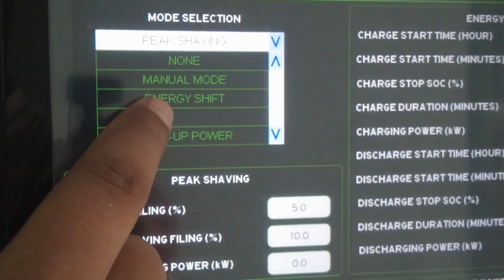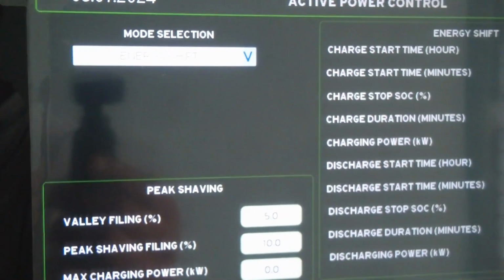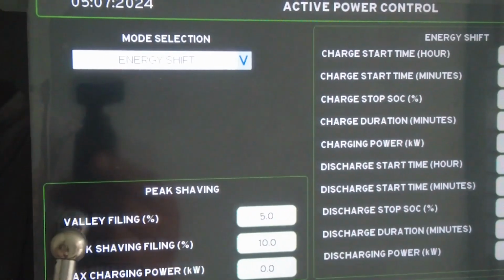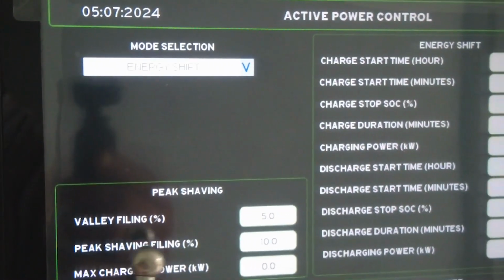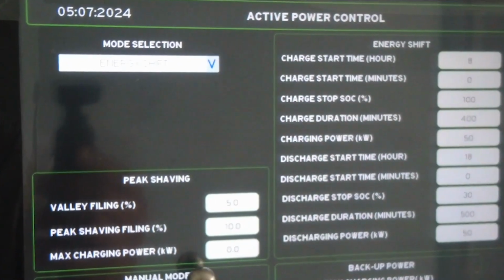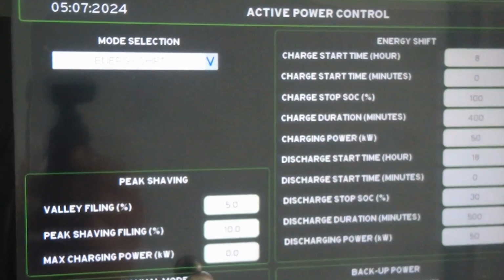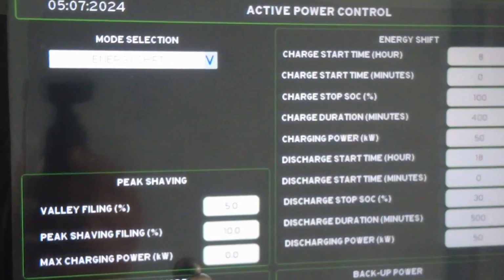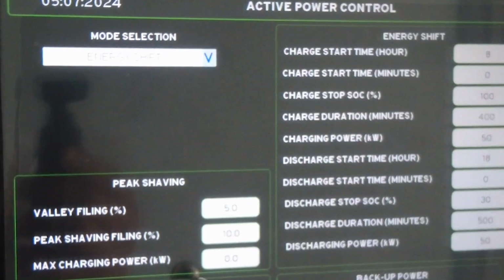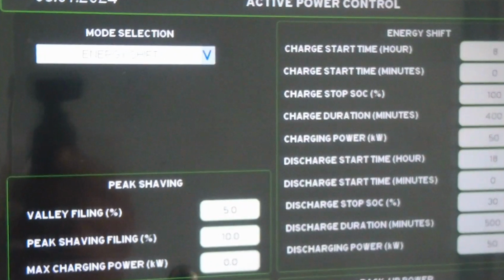The HMI screen shows settings for managing peak saving and manual mode. Peak saving includes valley filling and peak saving filling percentages set at 5.0% and 100% respectively, along with a max charging power set at 0 kilowatt. These settings help optimize energy use by charging the battery during low demand periods and discharging during high demand periods